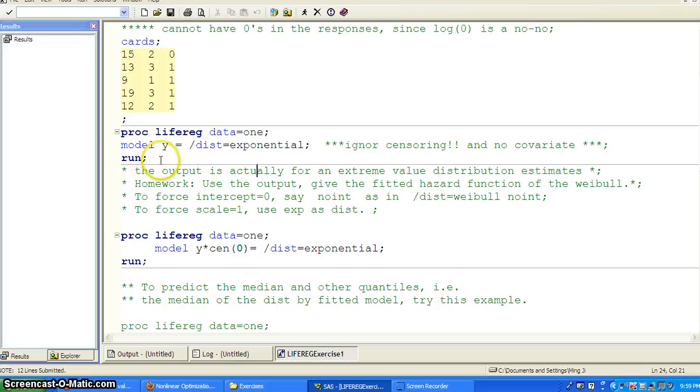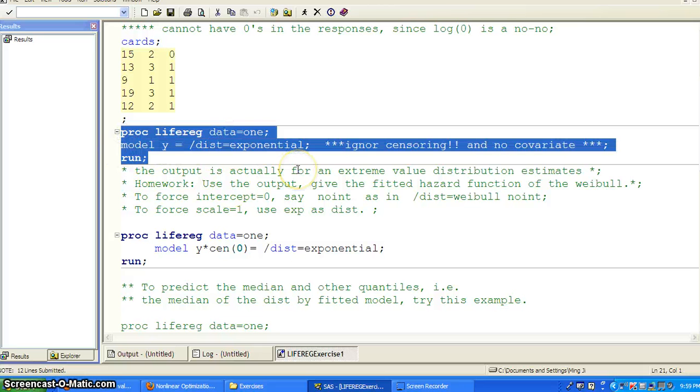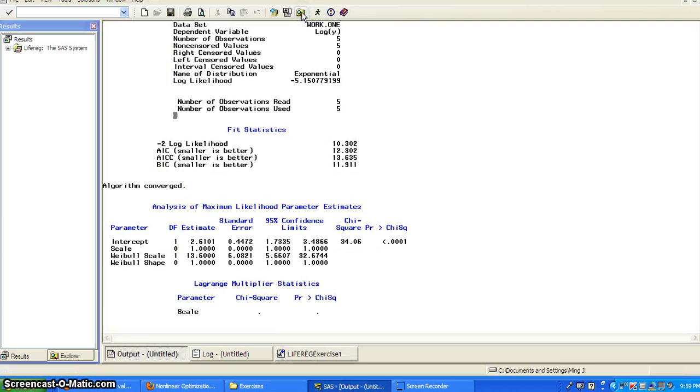So here is a chunk of SAS code that calls PROC LIFEREG, but we are going to fit a regression model with only the intercept. Okay, and this is actually utilizing the supported distribution within PROC LIFEREG to fit a distribution for the data. So let's run that, and as you can see,